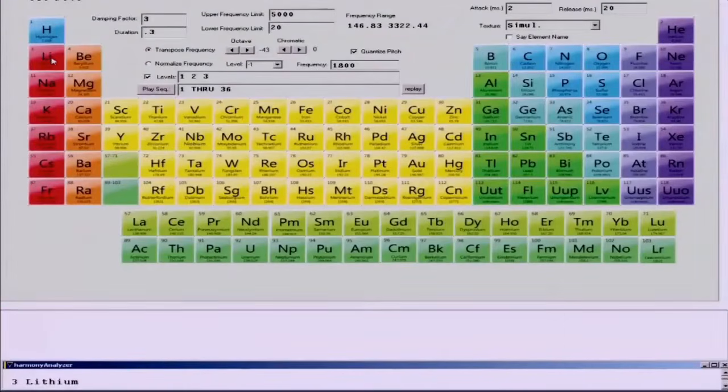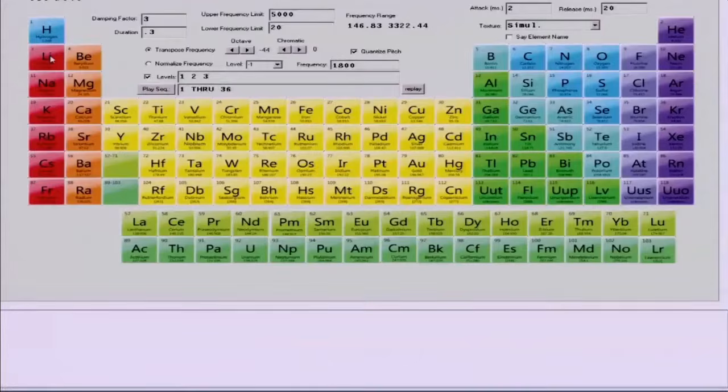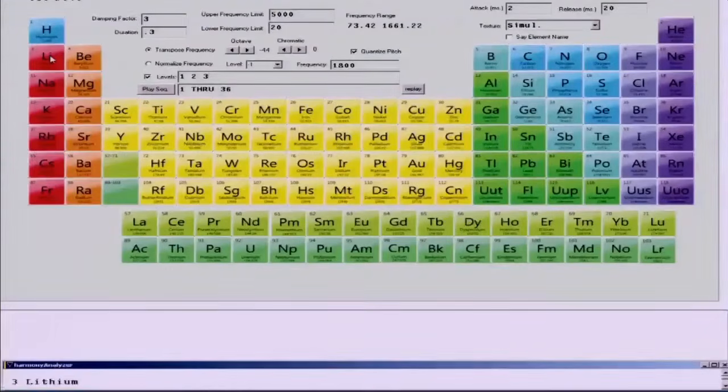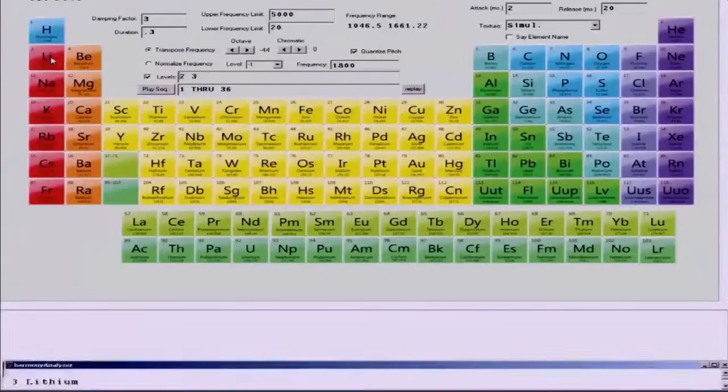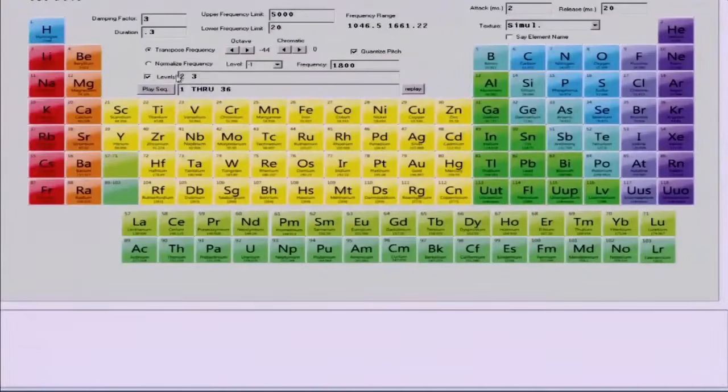So with lithium, you can really hear that there's a low note, and then there's 2 high notes. And the 2 high notes are close together, and the low note is really far away. Let's go down an octave so we can really hear that better. You see, if I get rid of the first one and just hear 2 and 3, and then we add that first one back in,